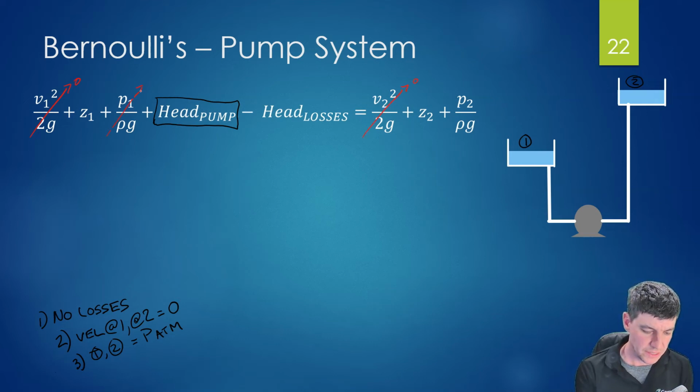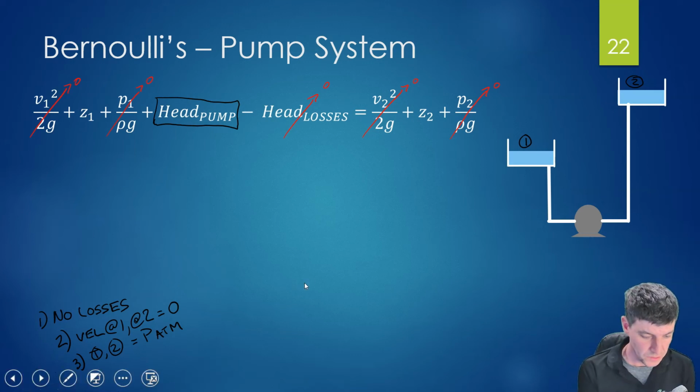My pressure is atmospheric, so those are 0 and they disappear. Losses, I've assumed at this point I don't have any losses. And so this is starting to look a lot better. I almost had a complete screen full of terms,